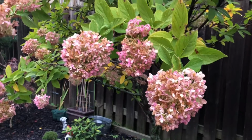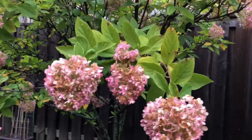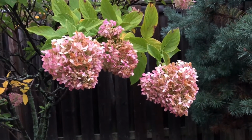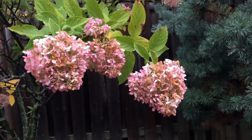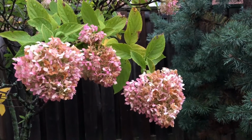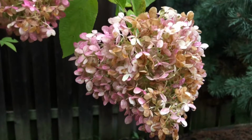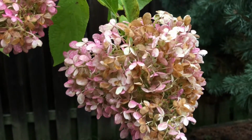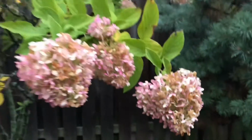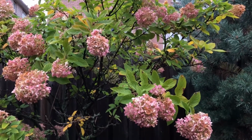All right, now on to my hydrangea limelight tree. A lot of the blooms have turned pink. It's so beautiful. It's like aging like fine wine, but it's literally turning pink. It's like there's pink and cinnamon and a dash of the white from springtime. So it's this mix, but I'm planning on cutting a few and then putting them in a vase